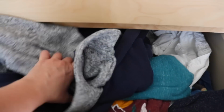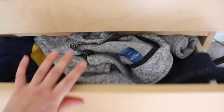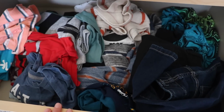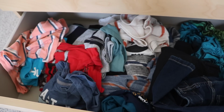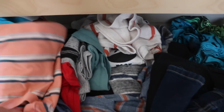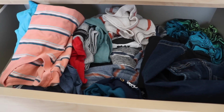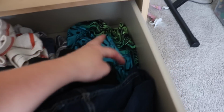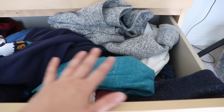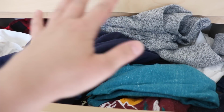So I really need to go through my kids' clothing drawers. We're transitioning seasons right now, so I feel like there's probably tons that I can get rid of. It's completely disorganized in addition, so I'm going to be pulling out things that they've outgrown, things that are no longer good as we're headed into fall, like swimming trunks, you know, we don't need. And then I'll kind of go through and tell you my thought process as I decide what to keep and